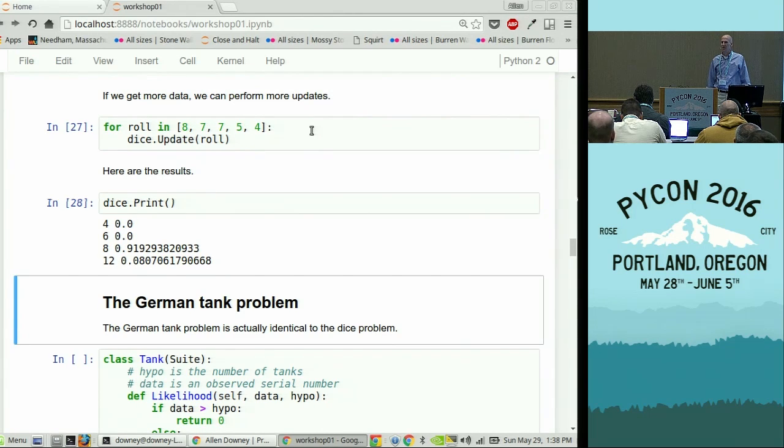Because out of 6 rolls, I've never seen anything higher than an 8. And if it were the 12-sided die, that would be unlikely. Right? So if it were the 12-sided die, the data would be unlikely. If it were the 8-sided die, the data would be reasonably likely, and that's what those posterior probabilities are telling me. Okay? So I was about to say it's consistent with our intuition. Kind of. Sometimes. That makes sense, but